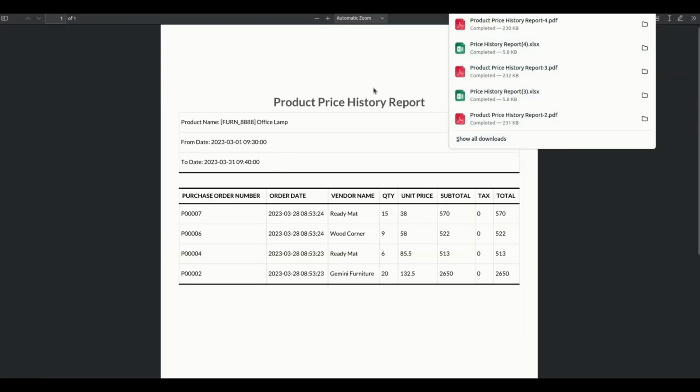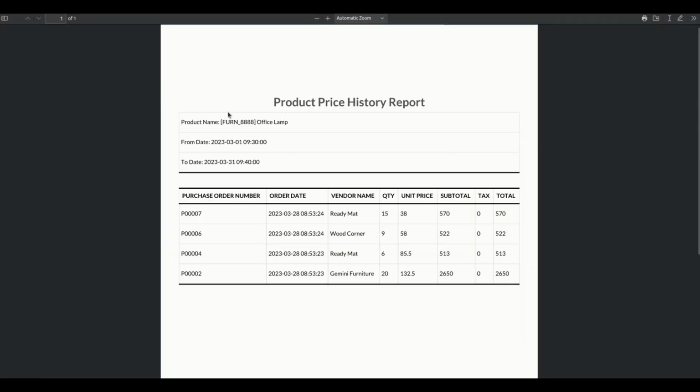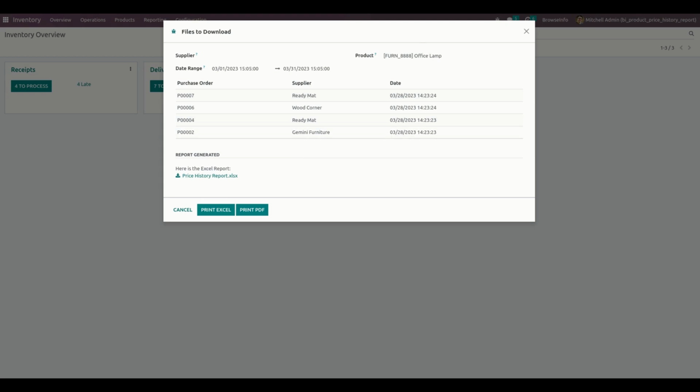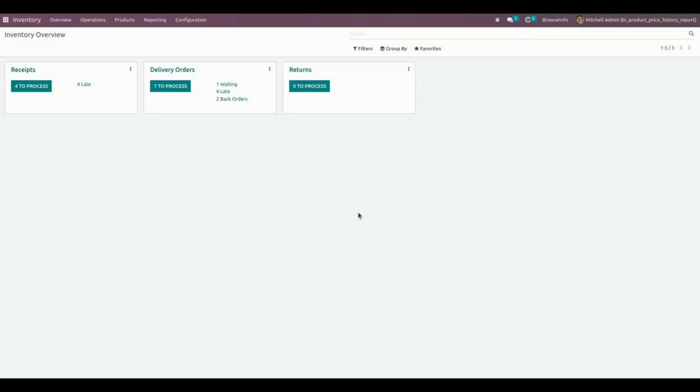So after downloading the PDF, you can see it was the same as the Excel format. It shows a product name, from date and to date. Along with that you can see a purchase order number, order date, vendor name and other information of each and every order. Okay. So let's go back, and let's see the other report, that is the product price